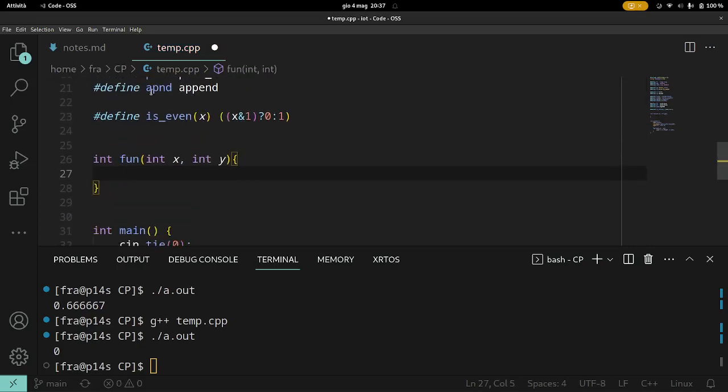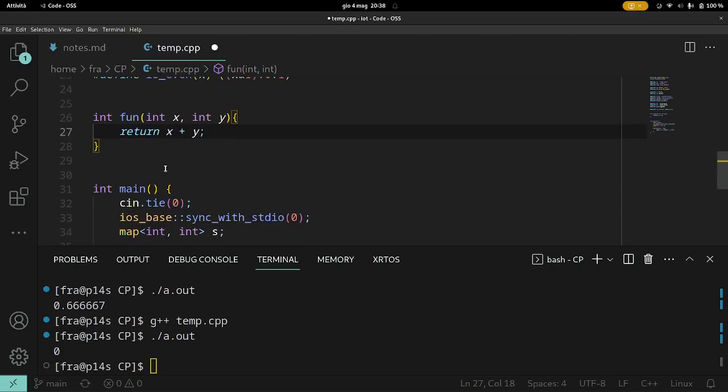The only difference between Python and C++ is that you actually have to write the type that you're returning. So, for example, we can say return x plus y, which is an integer. But if you have an int function and you return a string or nothing, then it's an error. Also, the function should be defined before main, like in C. You define it before main and you use it in main.